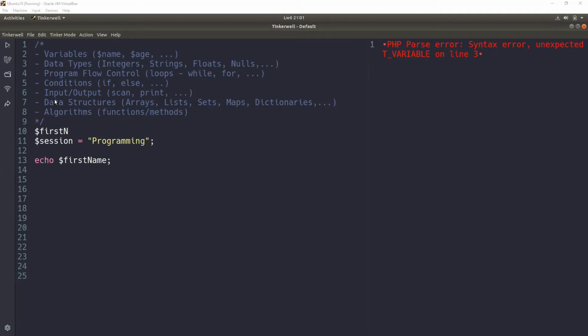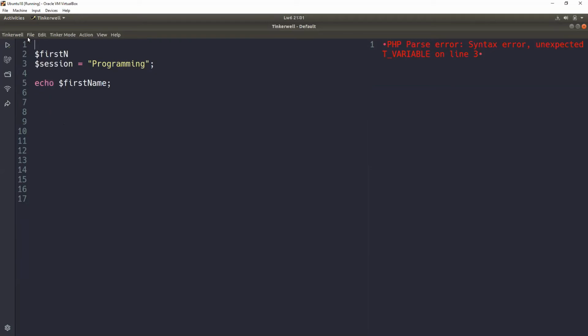Ignore that it is showing me line 3, because it is ignoring the comments. If we take this to be one line because they are just comments, then you see first name, and this should be line 3. To see that, I will remove this and see which line it is telling me.